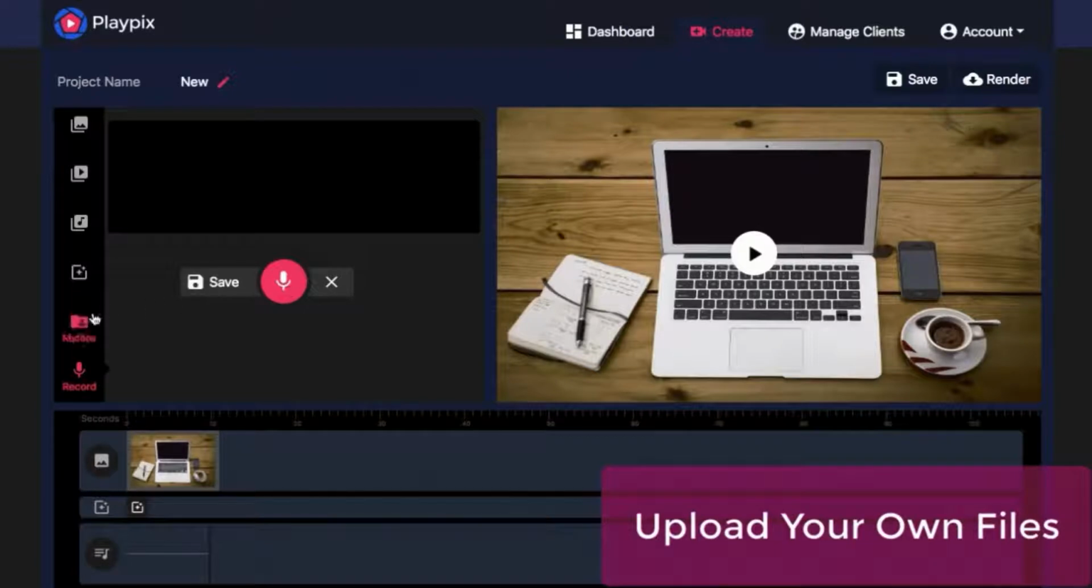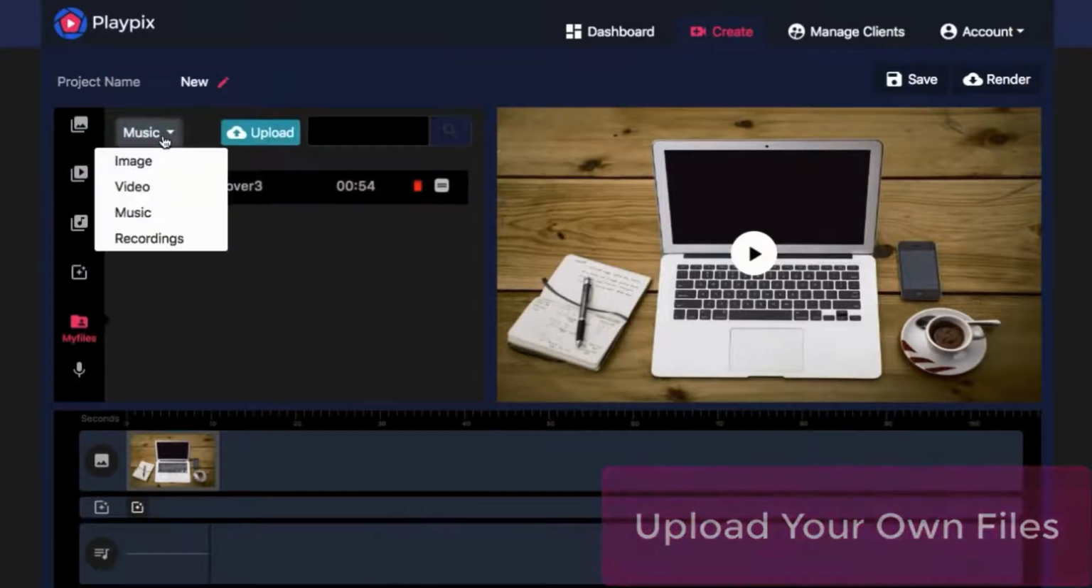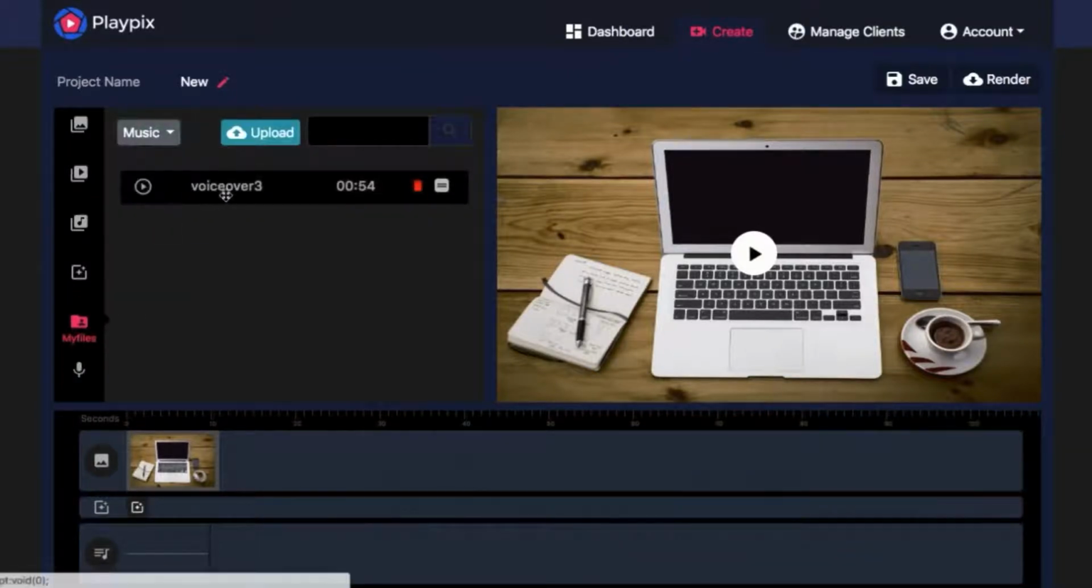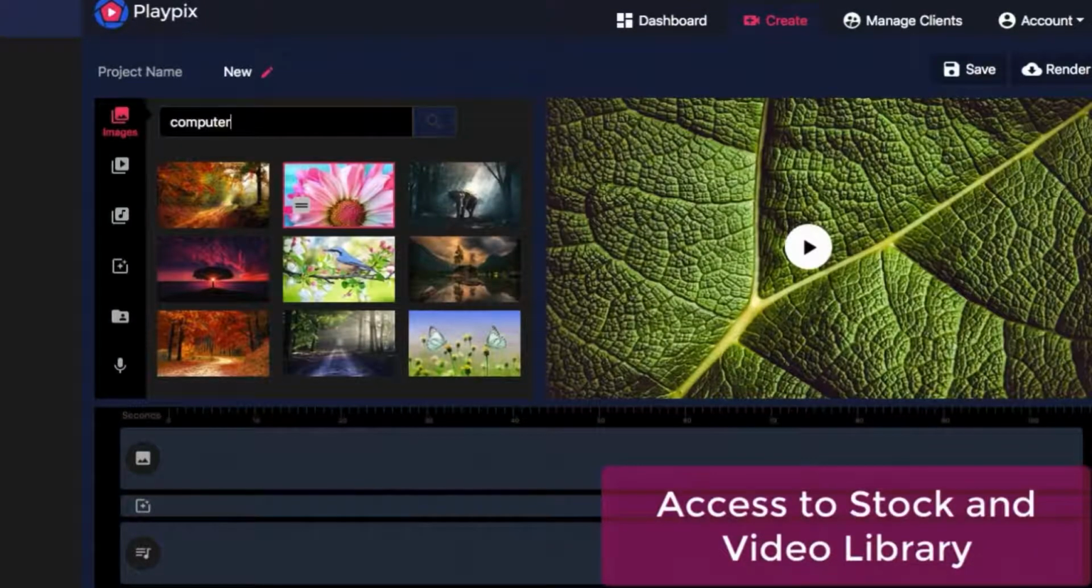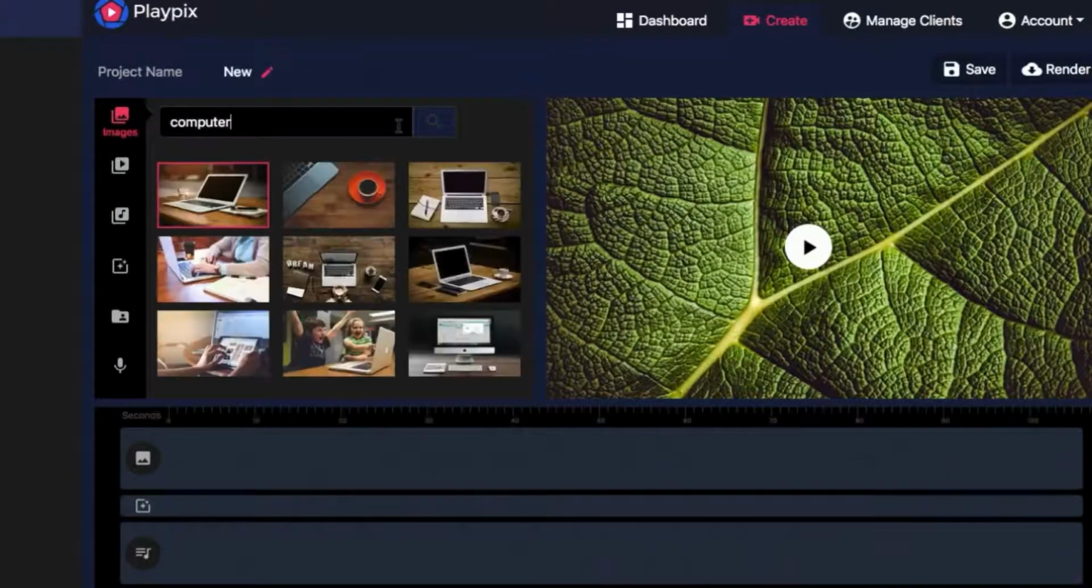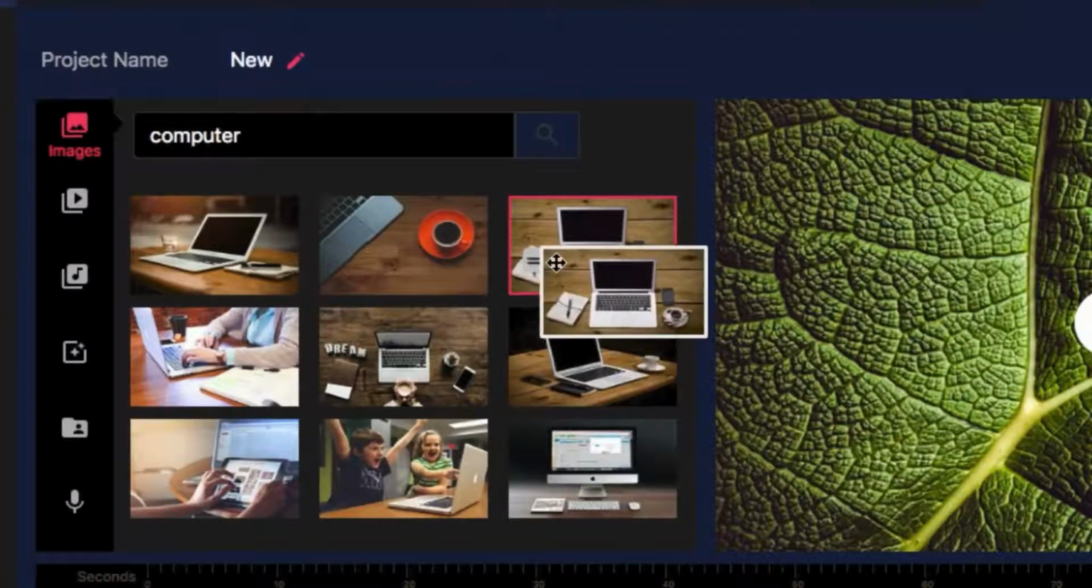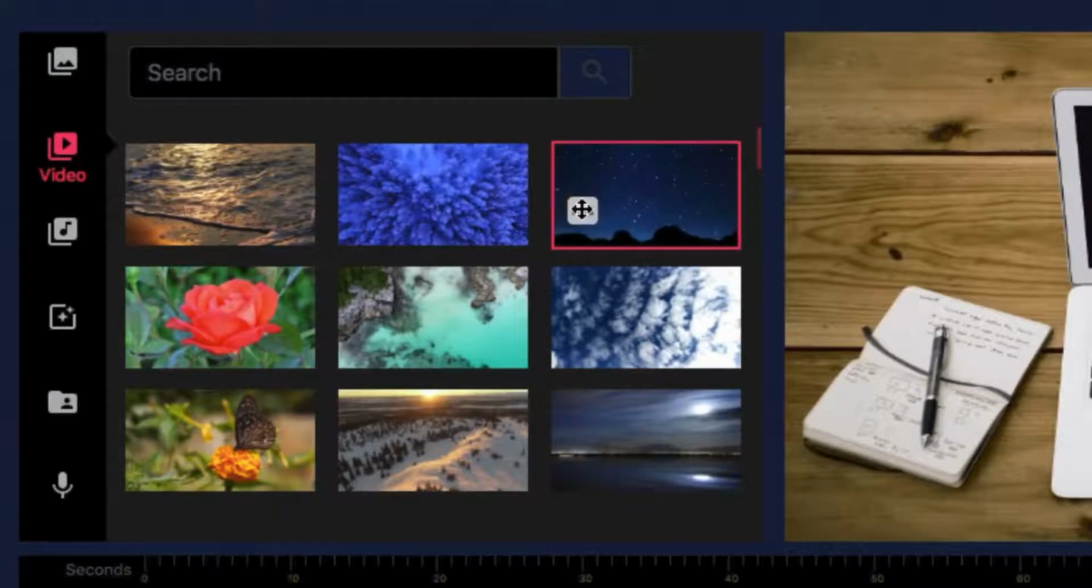You can upload music, voiceovers, custom video clips, and more. Add your own voiceover tracks, audio, images, video clips, intros, outros, and more. Access to PlayPix stock photo and video library. Tap into our massive database of tons of pro-quality images and thousands of videos in tons of different niches to